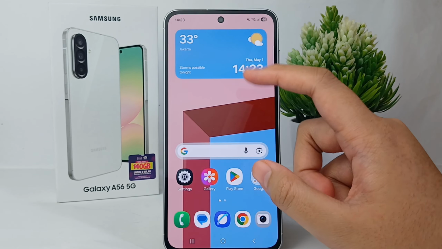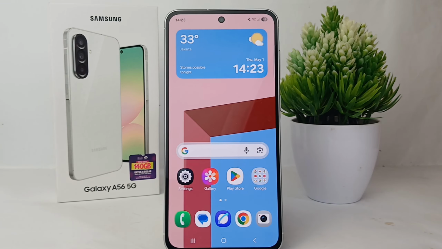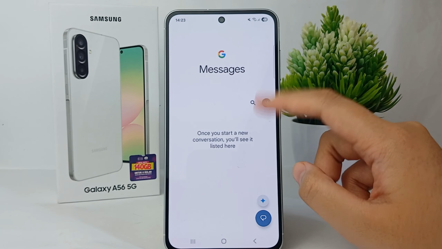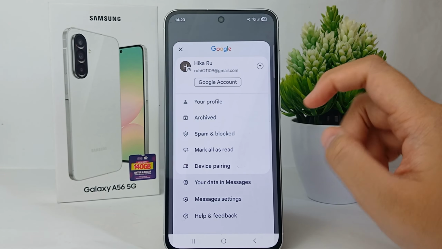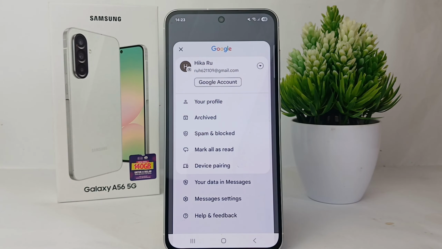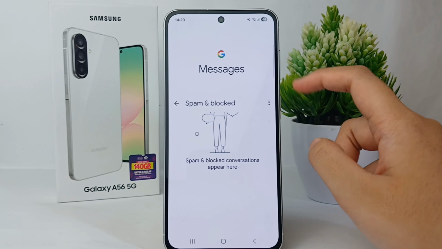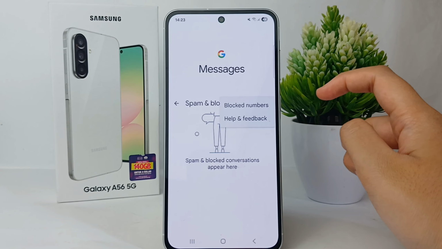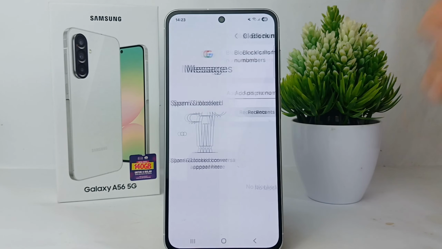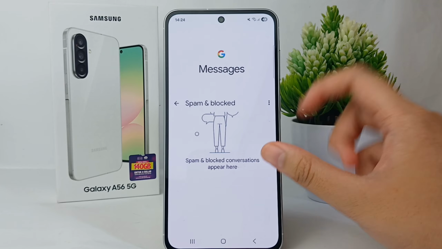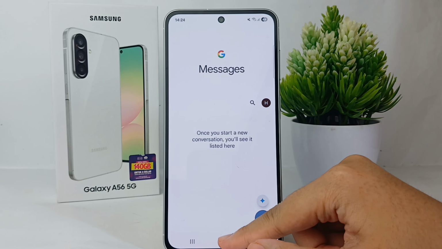Alright guys, the first thing I have to do is go to the message menu on your phone, and then click on account, and then go to spam and block. Now click the three dots at the top right and go to block numbers, and then here you can block calls or messages from unknown numbers. So yeah, here's the